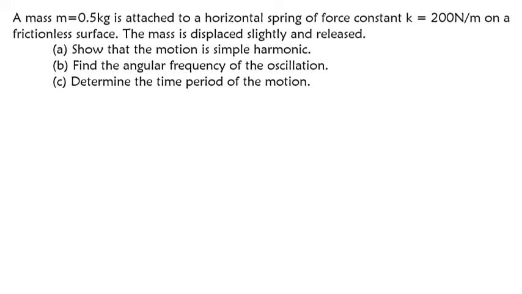A mass M equal to 0.5 kg is attached to a horizontal spring of force constant 200 newtons per meter, on a frictionless surface. The mass is displaced slightly and released. Show that the motion is simple harmonic. So to start with,